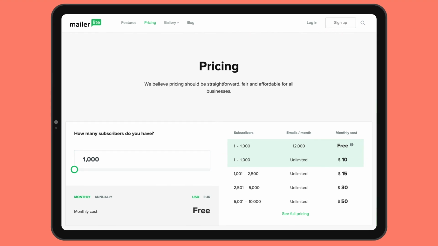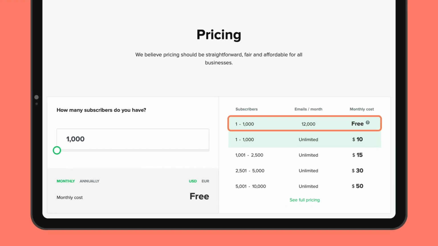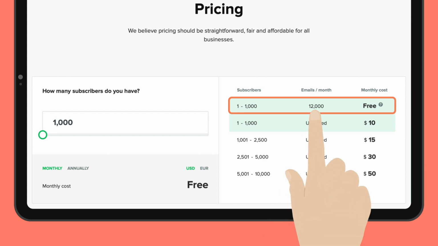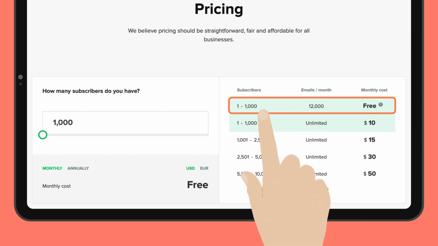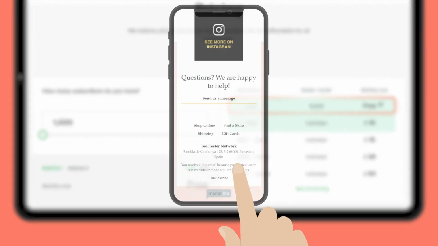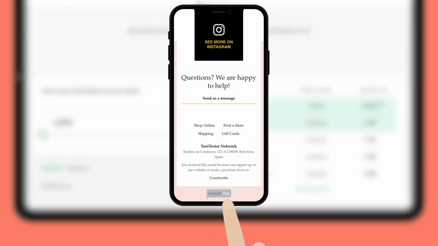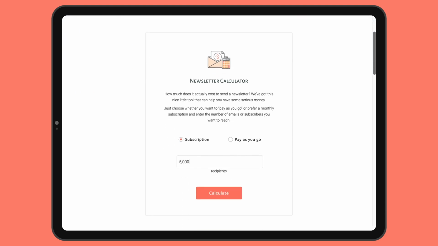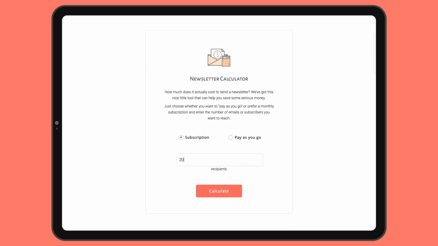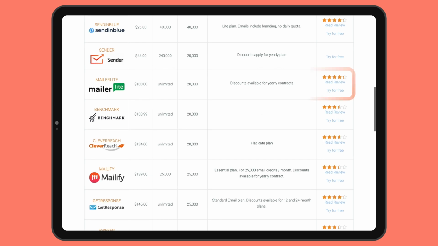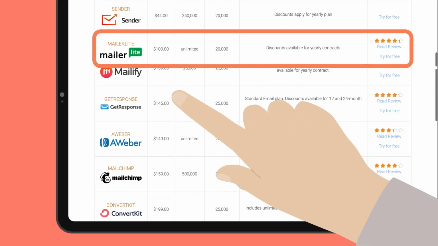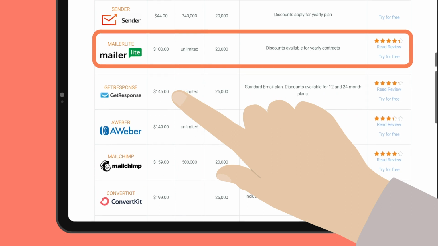Pricing is one of MailerLite's biggest advantages, offering a forever free plan with access to most features. Just be aware that this comes with a 12,000 email cap and 1,000 subscriber limit, and you'll have to put up with a small MailerLite ad in outgoing emails. Once you move on to a paid plan, prices don't shoot up like they sometimes do with other email marketing tools. For example, even at 20,000 subscribers, you can see it undercut much of the competition by half, boasting unlimited emails too.